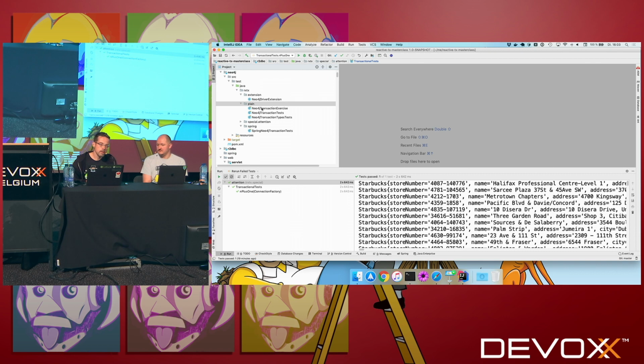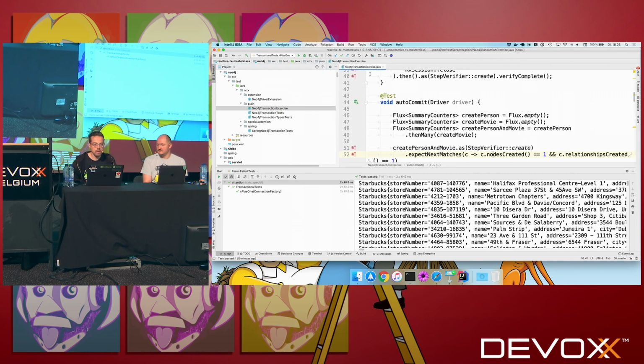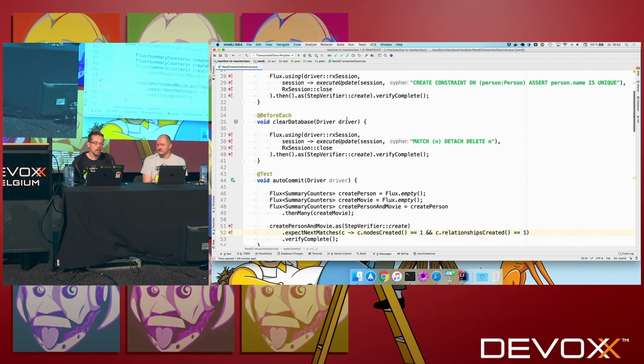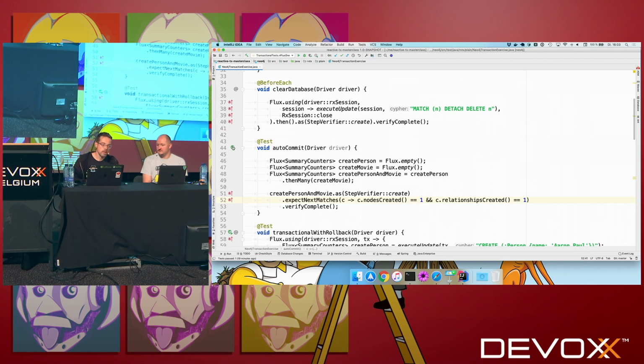And I'm going to try to make the Neo4j tests green. So in the test I use the same JUnit 5 mechanism to write my own extension. That extension brings up an embedded Neo4j instance. That is possible. Neo4j is written in Java. You can use the embedded version for tests, but that's as far as I personally would go with an embedded database. So if I run that autocommit test now,